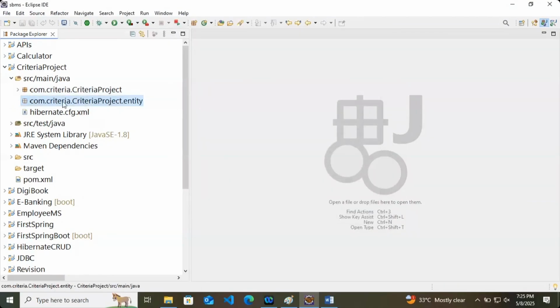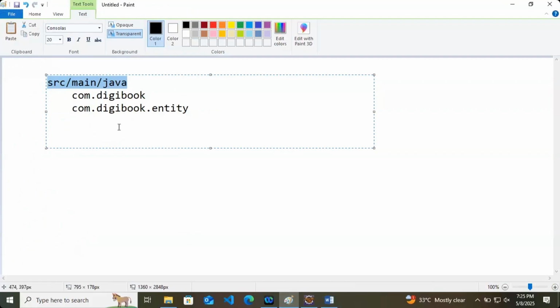Now this hibernate.cfg.xml file is at the same level, meaning it is not inside any package. It is directly inside src main java. Now, if your Hibernate file hibernate.cfg.xml is at the same level as all the packages, it means it is available in the class path.